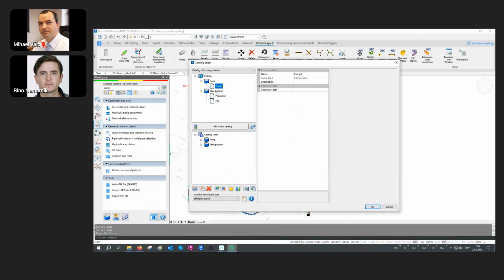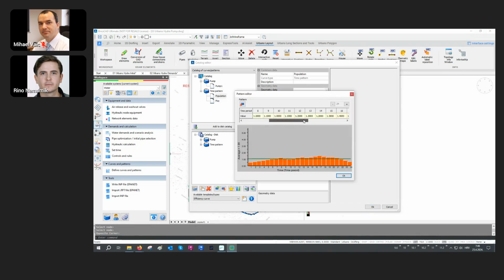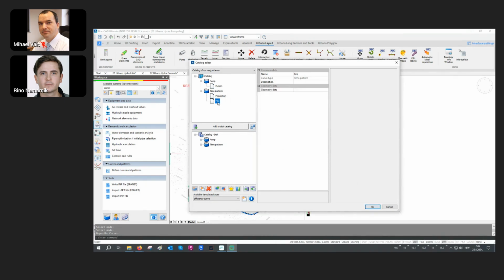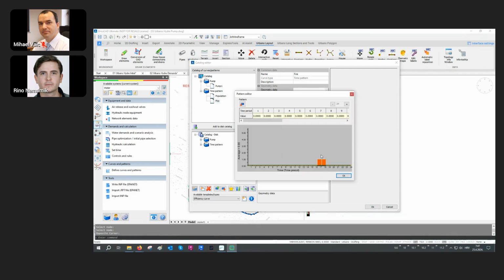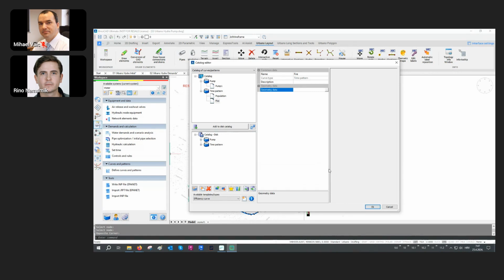And also I defined two time patterns, one for population, where I defined these 24 different coefficients of variation per hour with the peak flow happening from 4 to 5 p.m. And also I defined one firefighting demand time pattern with one firefighting happening and lasting for 2 hours during the peak flow of the population, so from 4 to 6 p.m. Okay, so now when we have time patterns